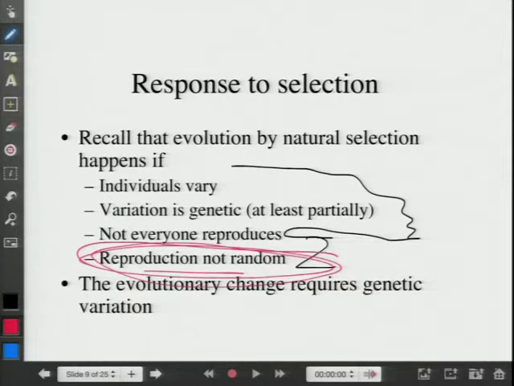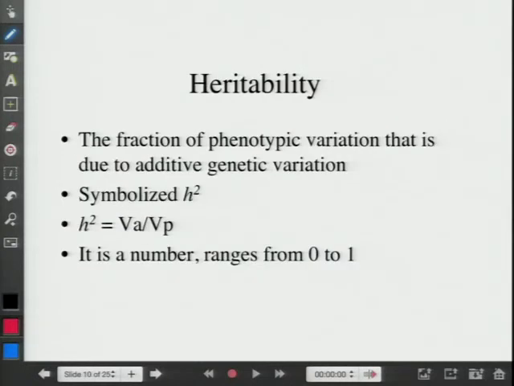Reproduction being non-random is selection. You can have that without getting evolutionary change. You have to have these other things as well. You have to have this kind of genetic variation. So that's where heritability formally comes into this, and that's the fraction or proportion of phenotypic variation that's due to